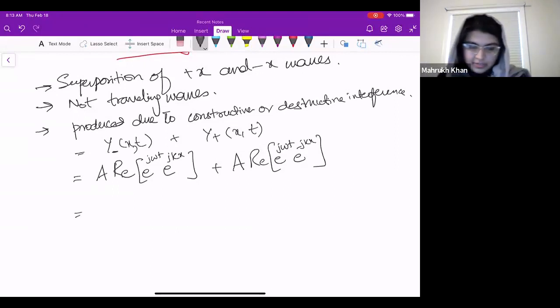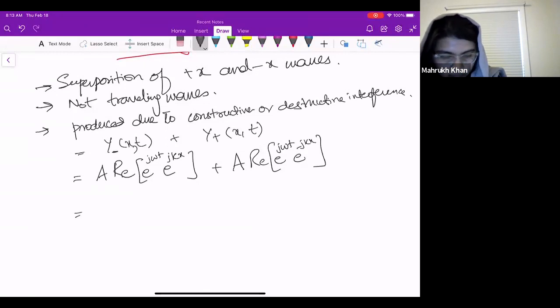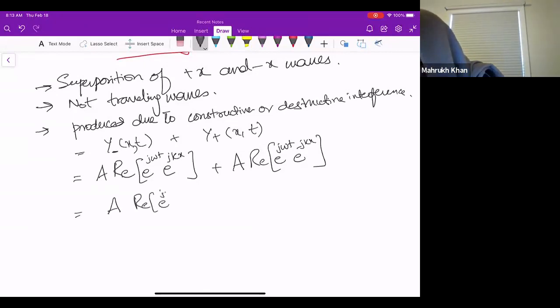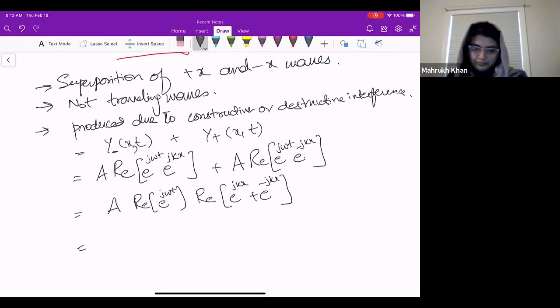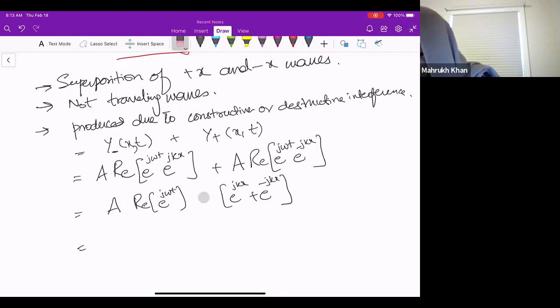So if I write it, it will become real part of e^{j omega t} times (e^{jkx} plus e^{minus jkx}), and this will become